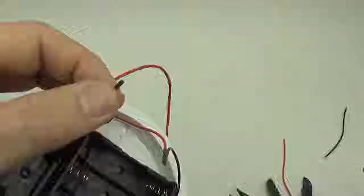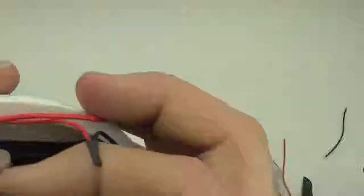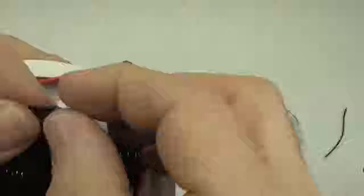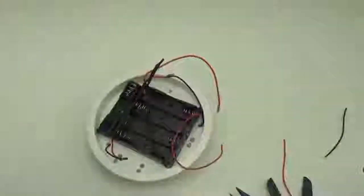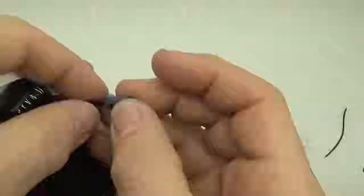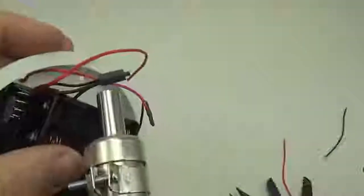Okay, so there's our ground. I'm going to put another heat shrink on that one. That one's a bit too small. Just to hold these wires together into a tighter bunch. I'm not sure I got that one exactly as I wanted it here. Okay, so here's a slightly larger heat shrink, again just to bind that bundle together. Probably not needed, but